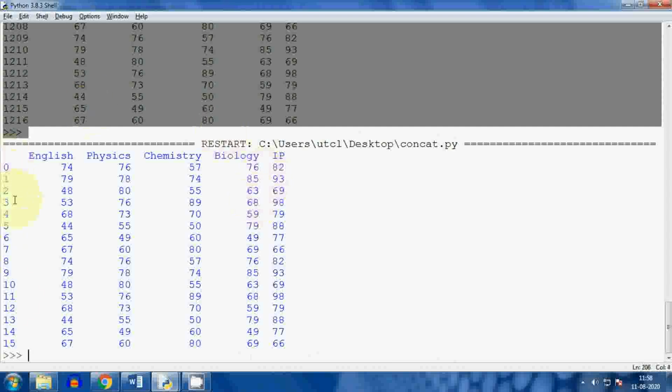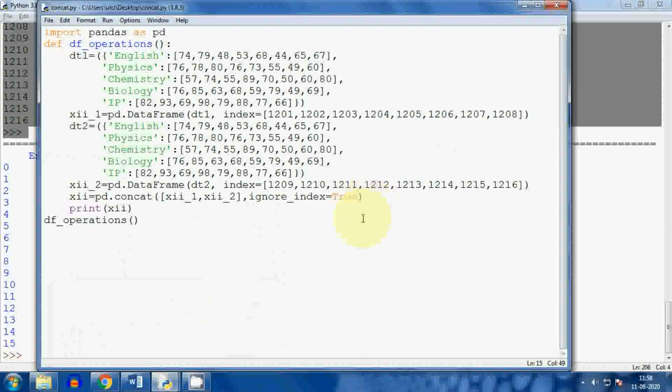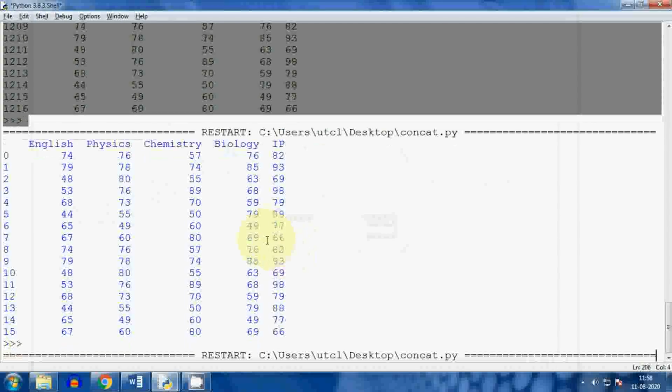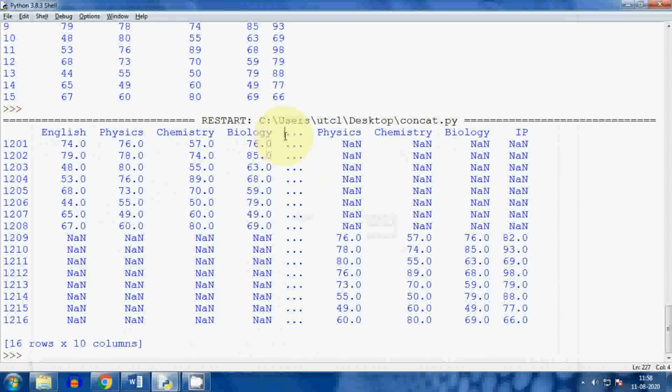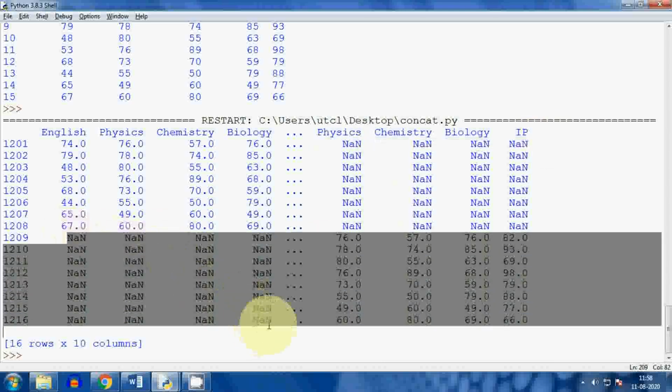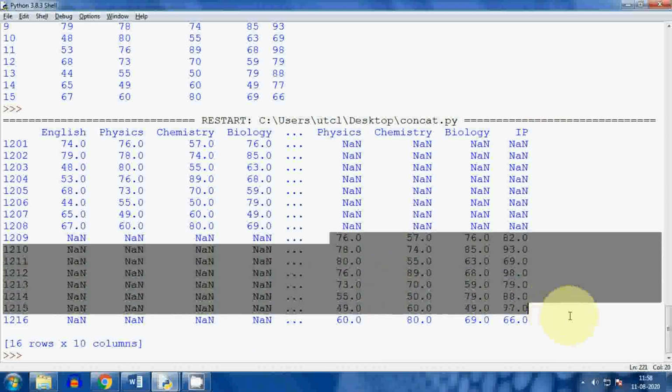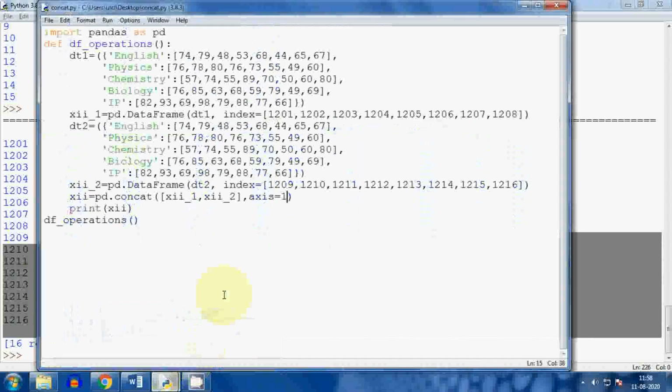Now next, if you want to display or connect columns, meaning not row wise. Here I have concatenated row wise. Now this will concat your data frame column wise, so columns will be merged. Here you can see this column is coming like this. Wherever data is not available, it will come in this manner, because there data is not available, but here data is available. So I hope you understood the concat concept. Whenever you want to merge more than two data frames, you can use it like this. Concat means join.